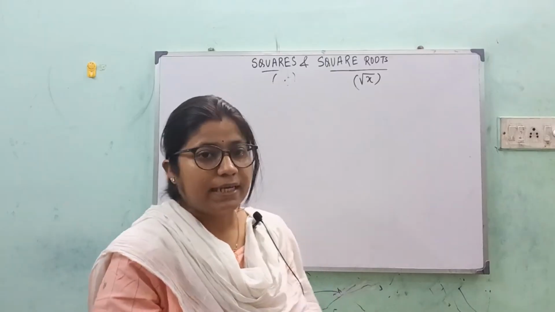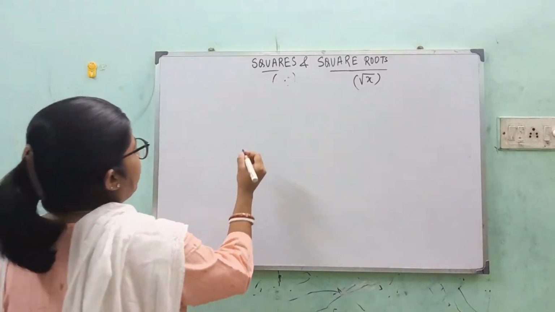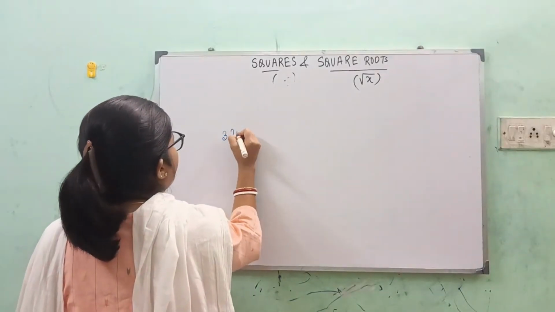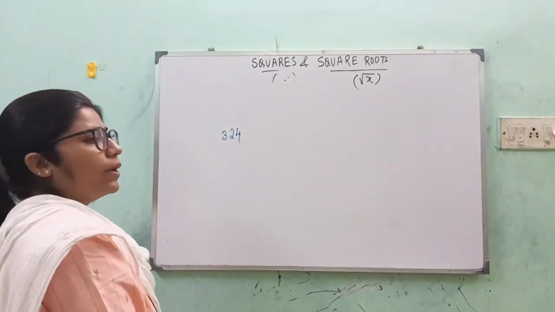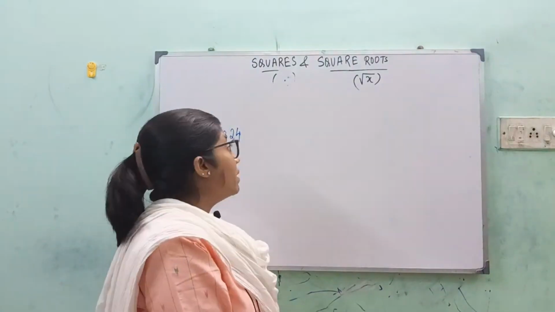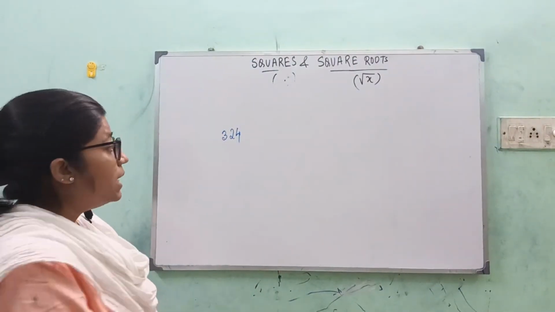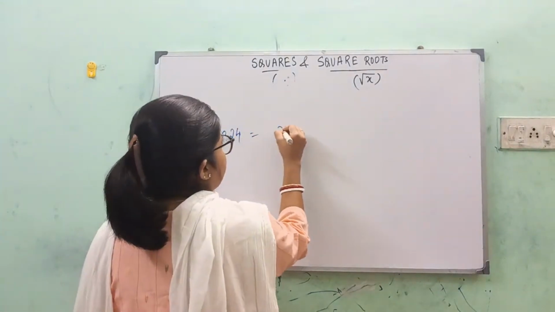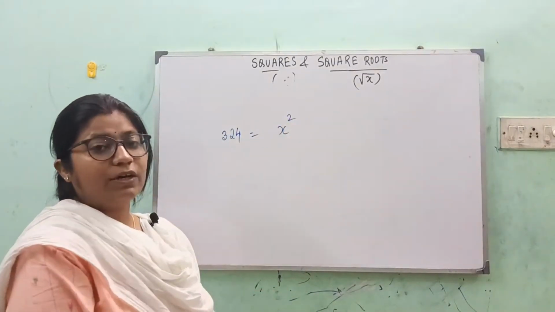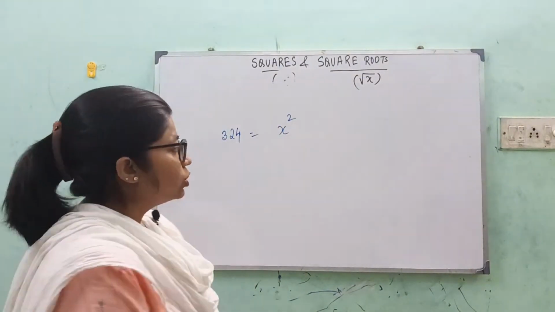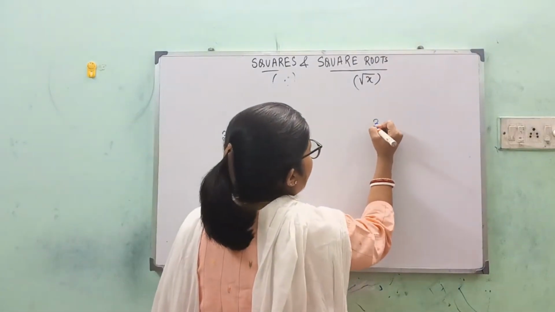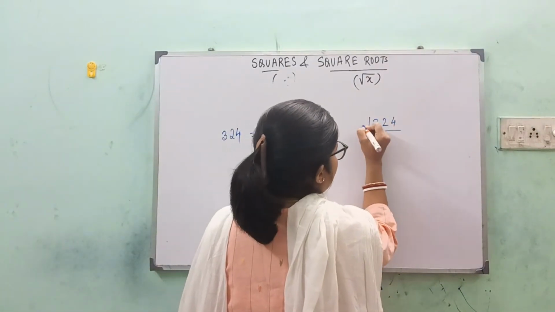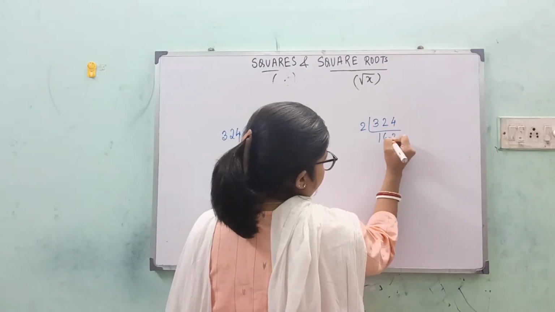Now, how do we determine whether a given natural number is a perfect square or not? Say for an example, let me give you a number 324. I have randomly given you a number. Now, how do you decide whether this number is a perfect square or not? That is, whether this number can be expressed in the form of a square of a natural number. How do we decide? For this, you will be using your prime factorization method. So if you use your prime factorization method,